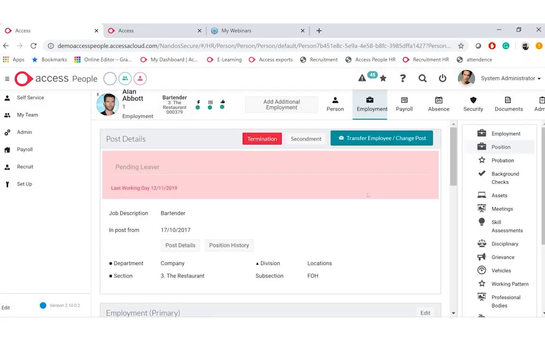Once this information has been put in, this will all be held in a file that we can transfer to payroll at ease. So that's just a little bit of information of how the employee can engage with the system and how you as a business can also engage with your employees.